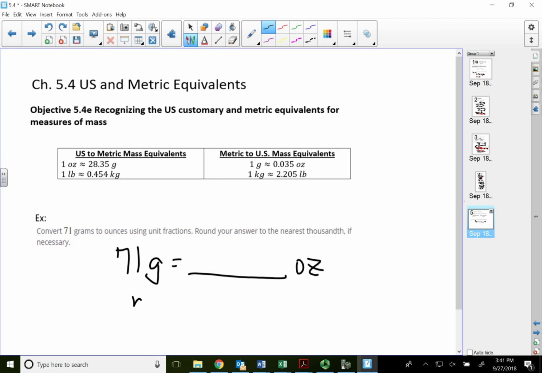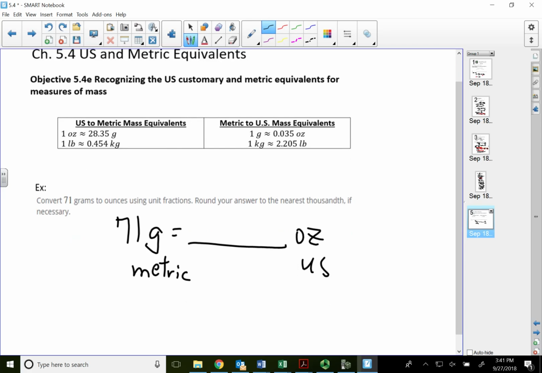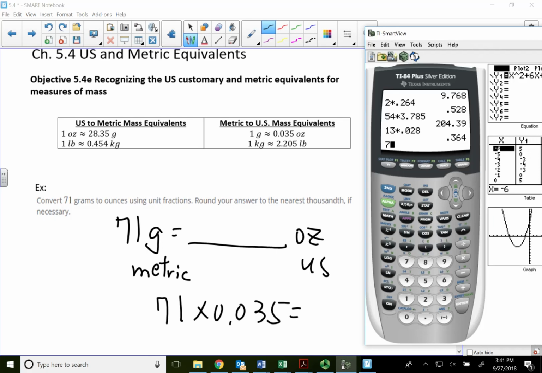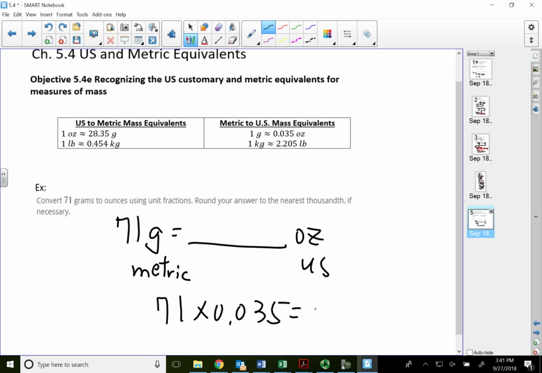Gram is metric for weight, converting to ounce, which is US for weight. So I'm starting with metric, which is right here. 1 gram is 0.035. Once I choose the correct side, all I'm going to do is multiply. 71 times 0.035. My answer, 2.485